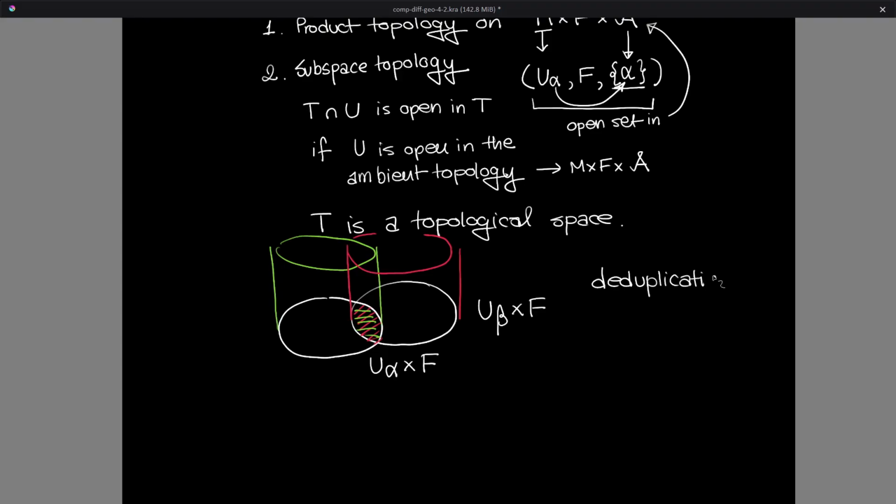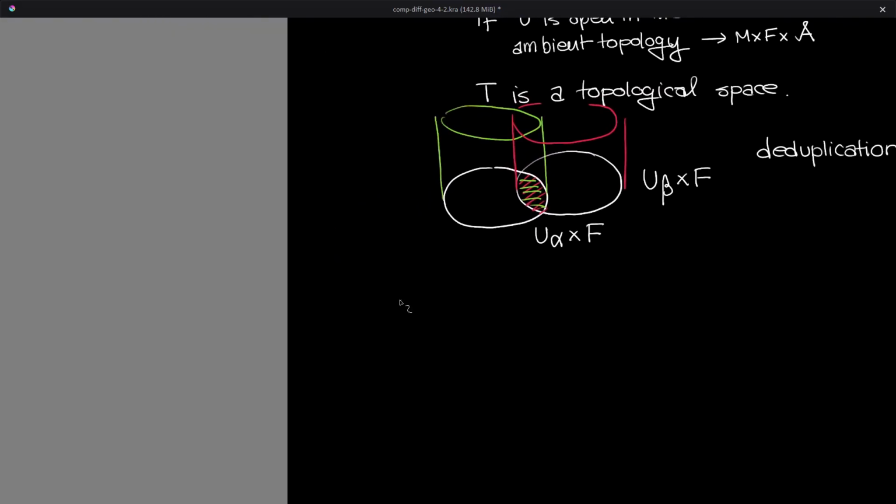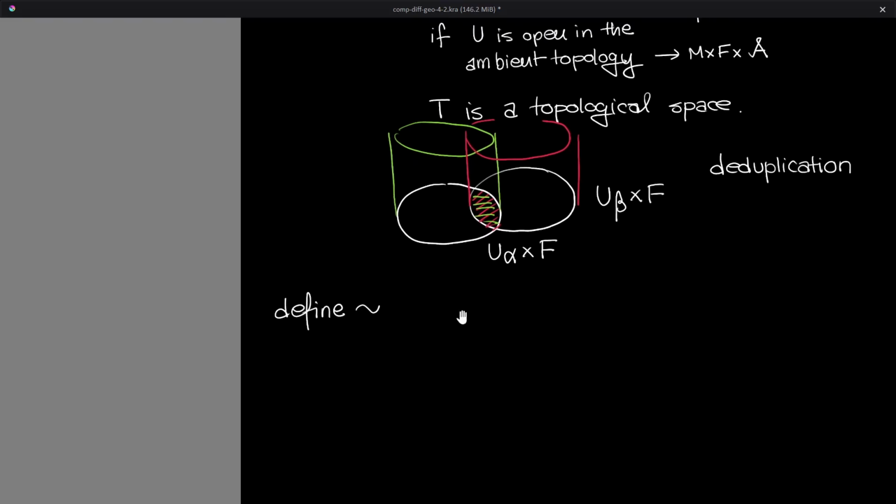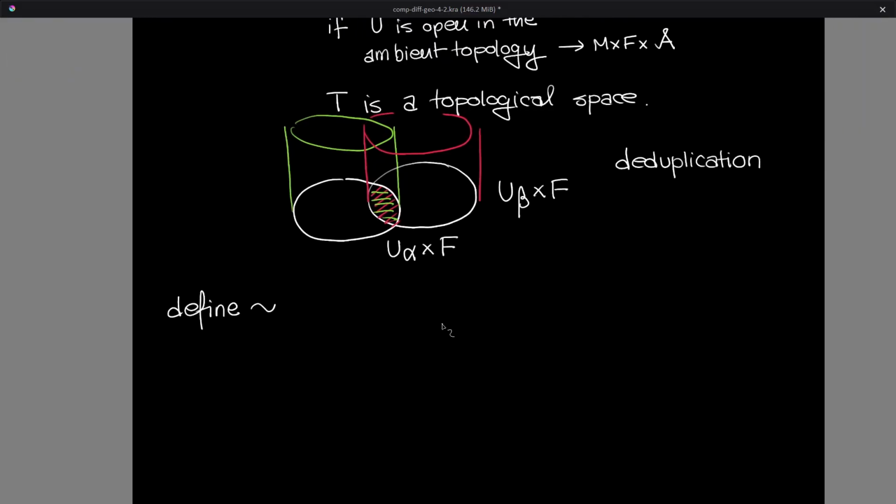Deduplication. And when we try to deduplicate something, what we've done so far is we use an equivalence relation. And as per the usual convention, we're going to call this equivalence relation tilde because we don't have any other equivalence relations, so it's fine to use that. So we're going to define tilde, or tilde, whichever way you like to pronounce it. I'm going to pronounce it tilde. So define tilde on T such that